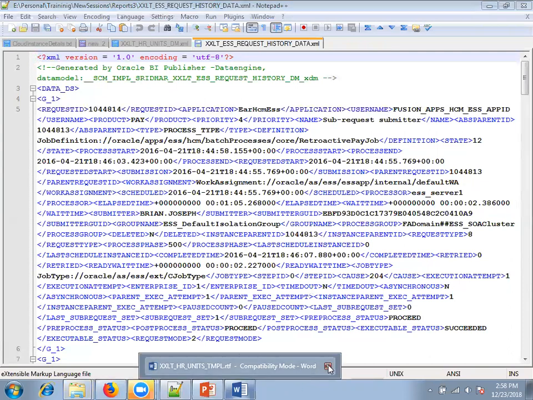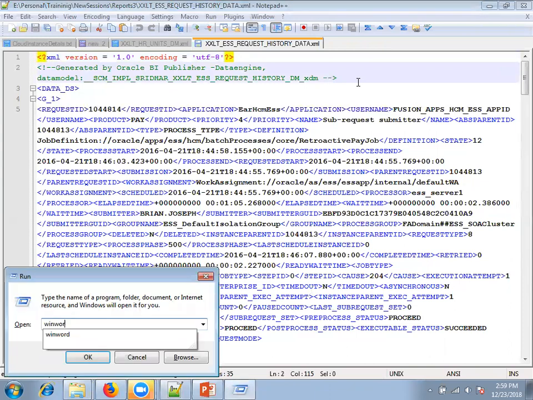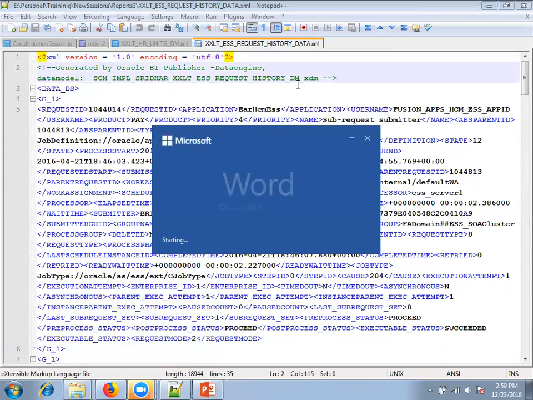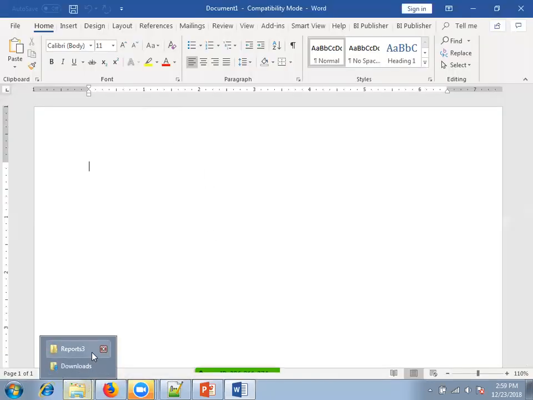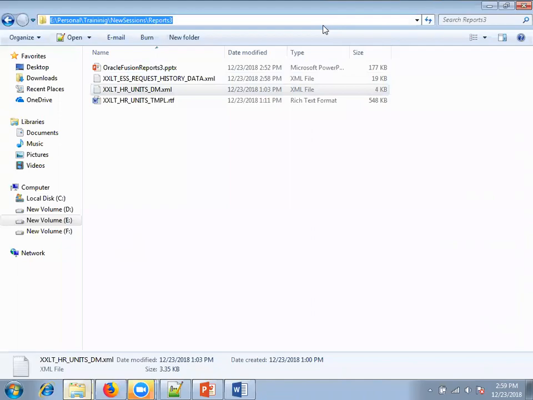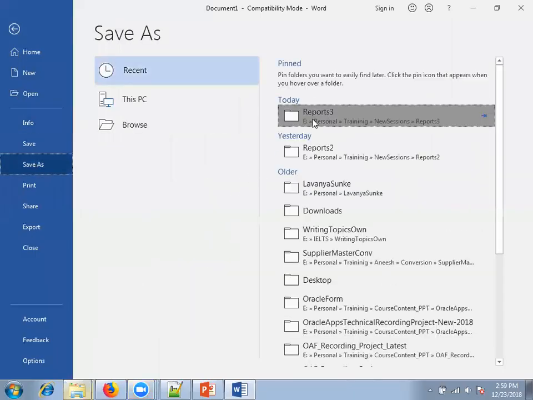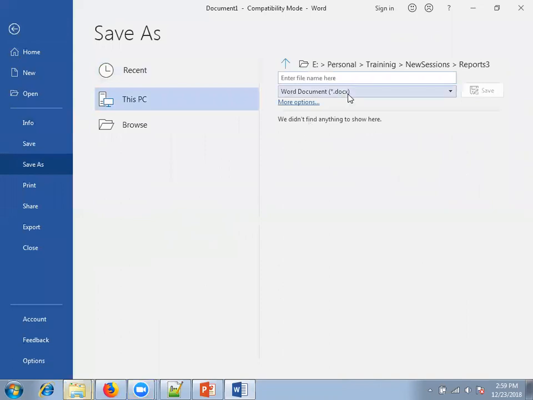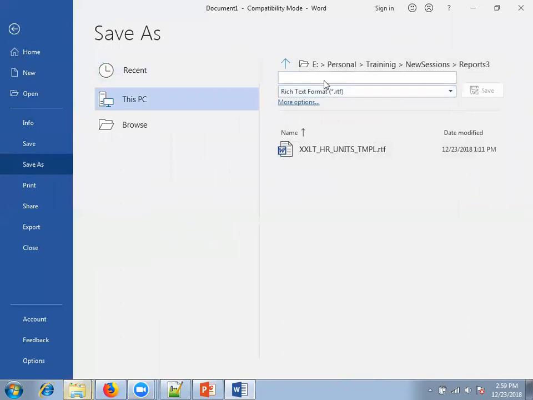Okay, now we can open your MS Word. So the first prerequisite is, unless you have the XML Publisher plugin, we cannot design the RTF template. Okay, so now I'll open MS Word, click on blank document. In this particular folder, I'll first of all click on File, Save As. Here select the file format as RTF. Mention the file name